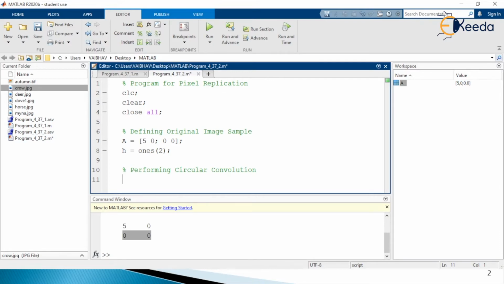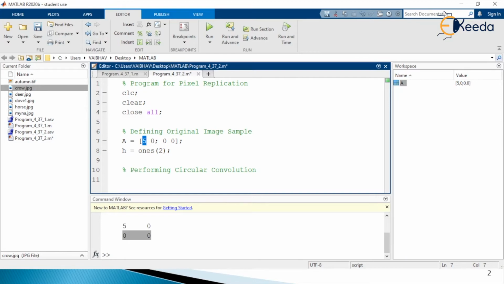For the pixel replication, as we have only one value in this 2 by 2 order matrix, the value 5, and the rest are all equal to 0, we are going to have replication of 5 at all the places. So the expected output is 5 5 5 5 in both the rows here.